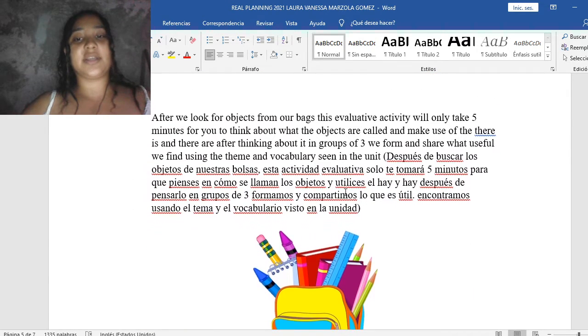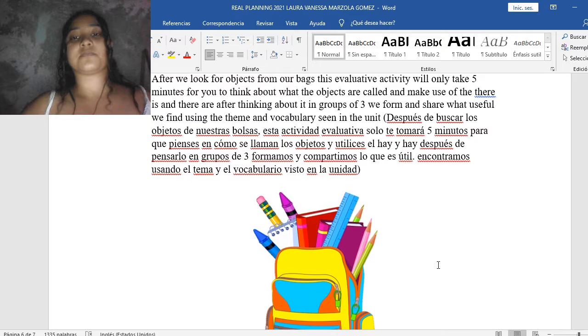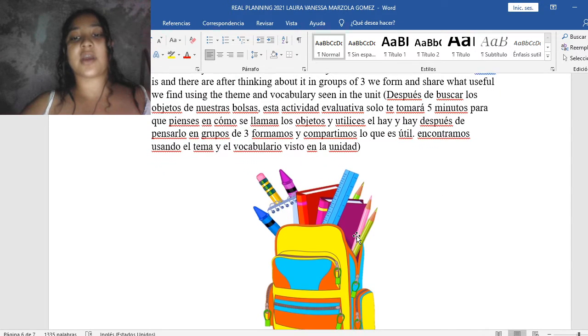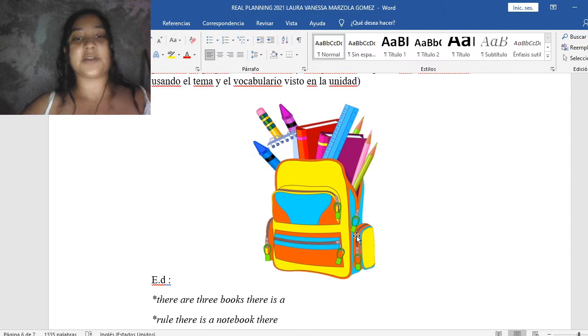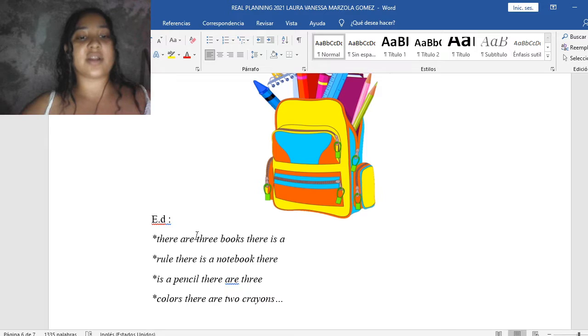And finally, in this activity, look at the objects in your bags. This evaluation activity will only take 5 minutes. The student has 5 minutes to think about the objects that they have in their bags. And the students have to say, with the other partners in a group of 3, what objects are found in their bags. For example, there are 3 books, there is a ruler, there is a notebook, there is a pencil, and